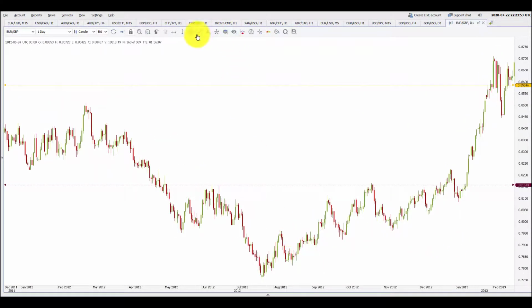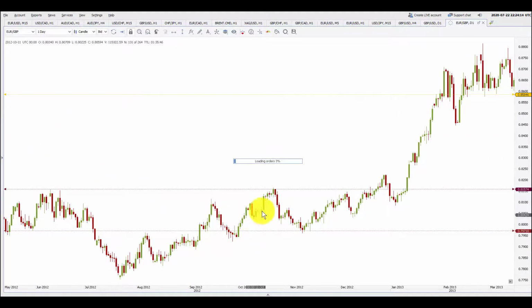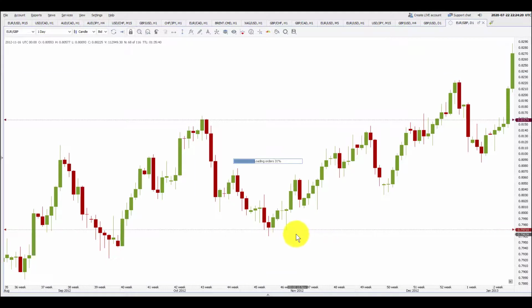You see this resistance here? The price got rejected from here, then it found resistance here, then it broke it and then found resistance here. Okay, now this level here is providing resistance to the price, and then support here, and then support here, and then after getting rejected again from this price, the price found support in this region again in the form of bullish pin bar. You see this? And then there was a continuation.